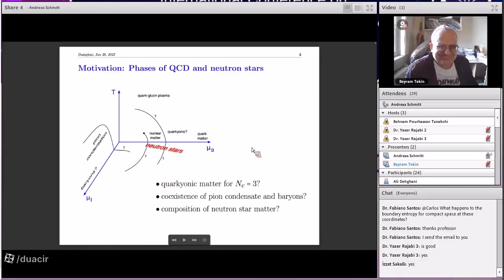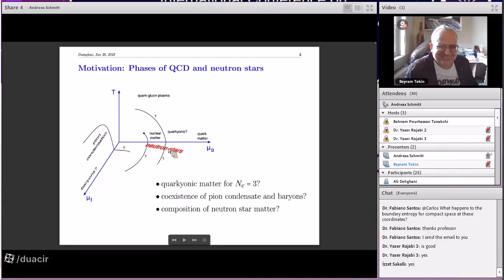in particular the phase structure. So this I've put up here as a motivational slide about the things we do and don't know about the QCD phase diagram. Probably many of you will have seen this phase diagram in the plane of temperature vertically here and baryon chemical potential mu b. What we need for neutron stars is also to add an axis mu I, which is the isospin chemical potential, because neutron stars are mostly made of neutrons rather than symmetric nuclear matter. So the isospin chemical potential will be non-zero, and neutron stars indicated here will roughly live here,